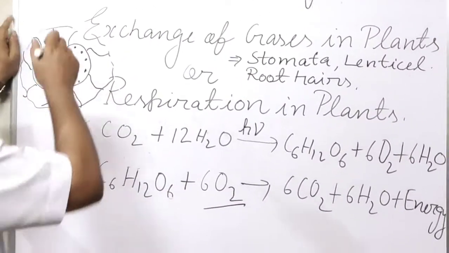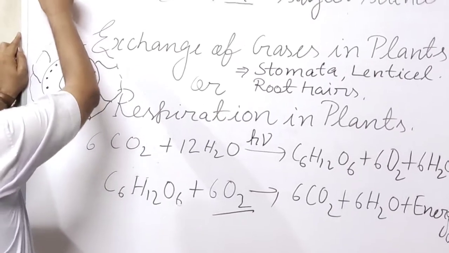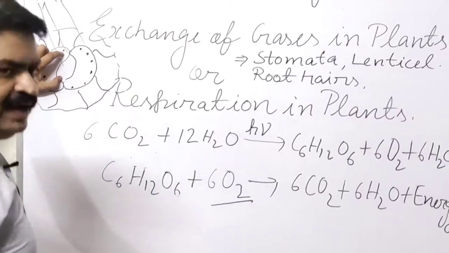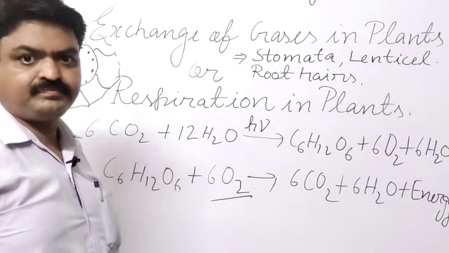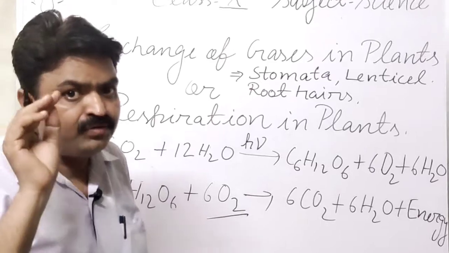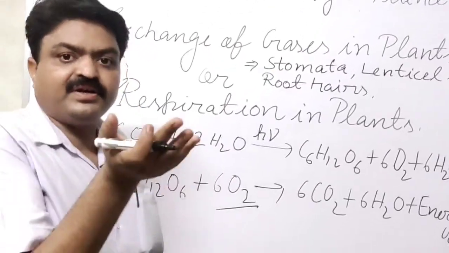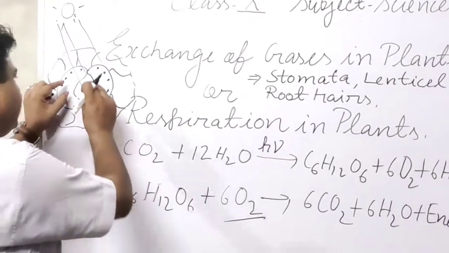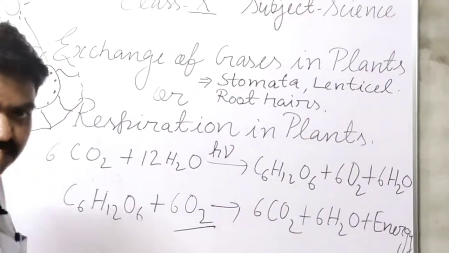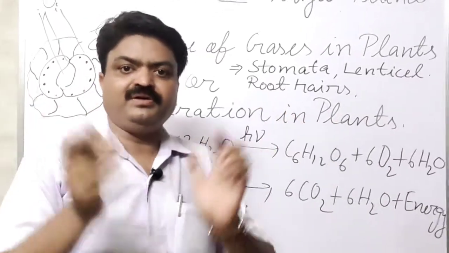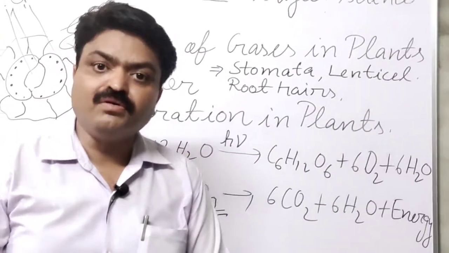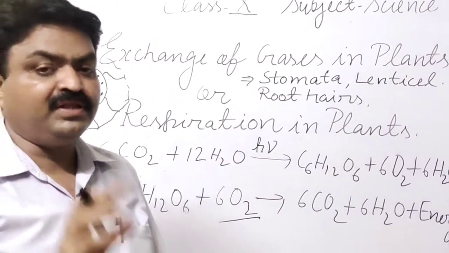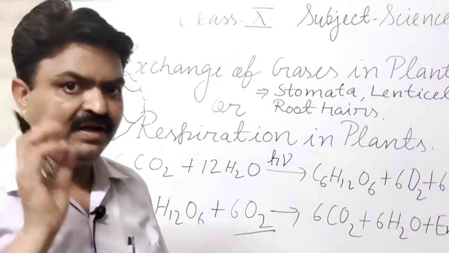So when the sunlight falls on the leaf, at that time the guard cells get water, and due to getting the water they have turgor pressure on them, and due to that turgor pressure these guard cells swell, and due to the swelling they are opened. They are opened in the daytime in the presence of sunlight.